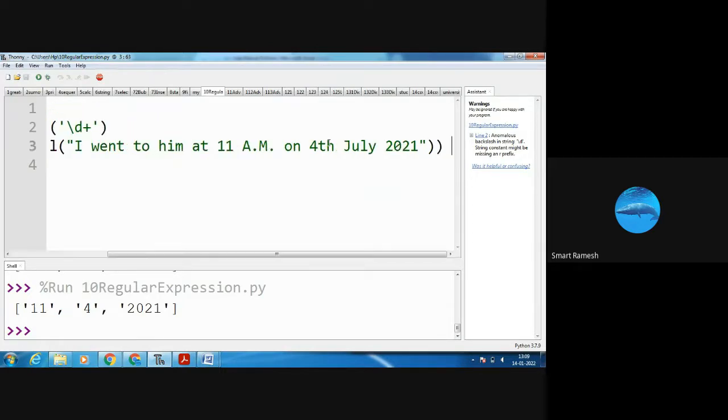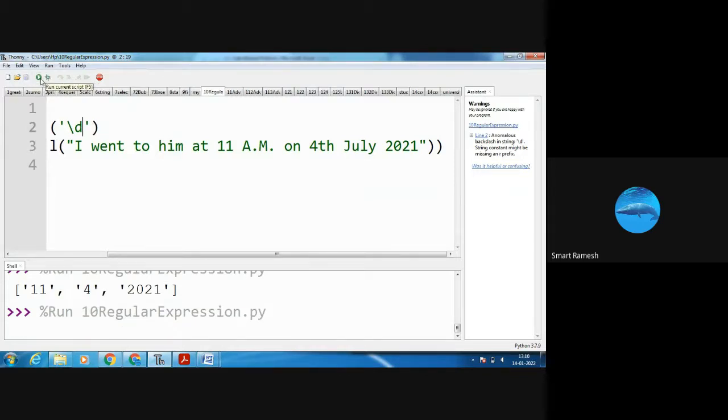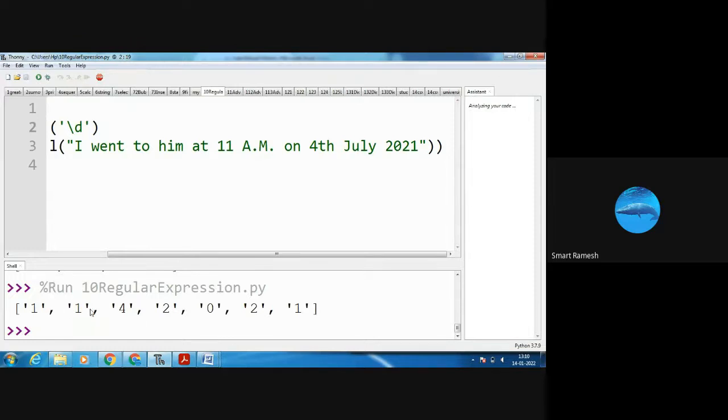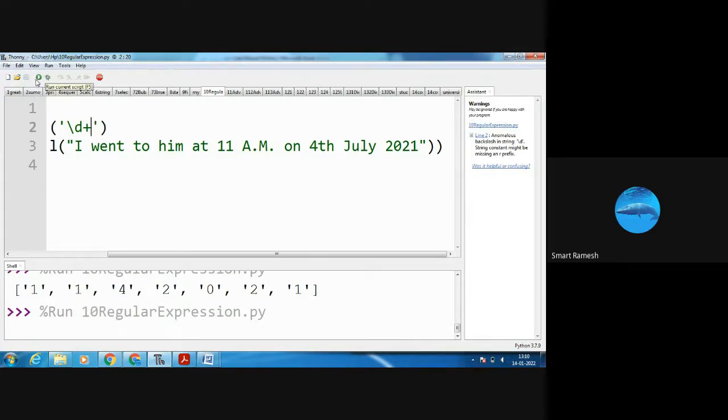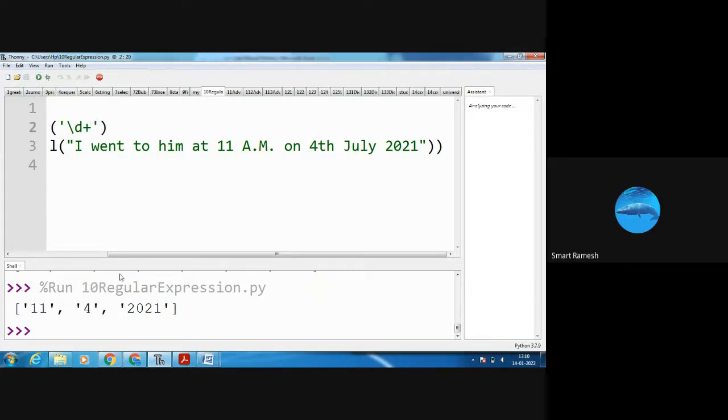Next one, 11, 4 is separated, 20, 21 is separated. Only \d means all the numbers are separated. Here if I put the plus, the numbers are in group format: 11, 4, 20, 21.